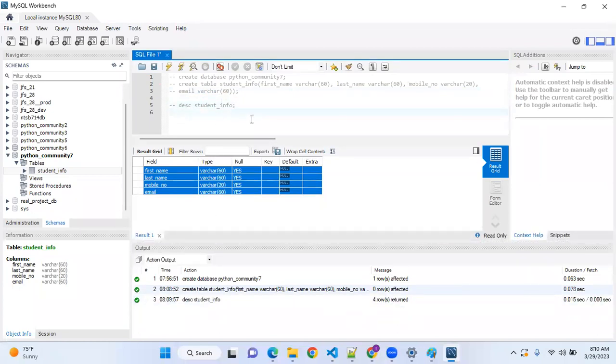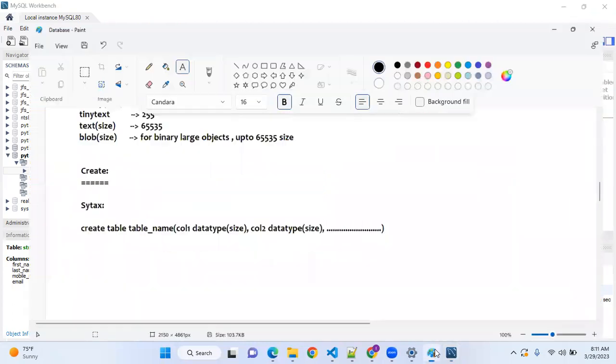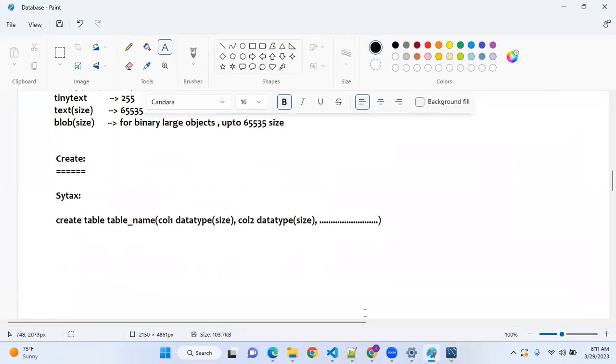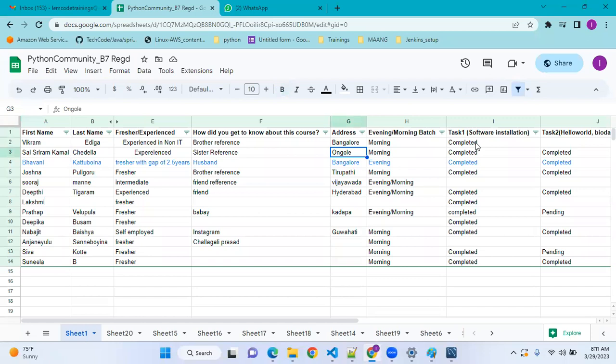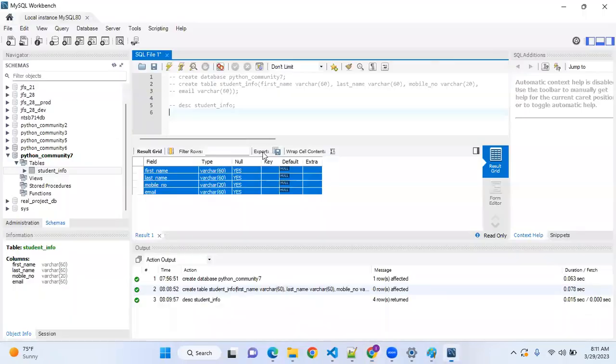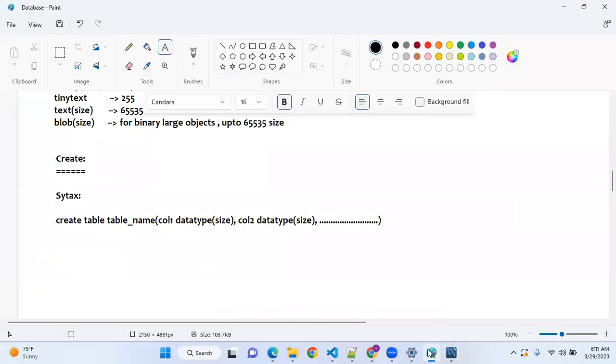Now I have a table. Now I want to insert a record. So we have a table something like this. I am not using all these details, but it's okay. I want to store some information inside this. Then we need to go for a query called insert.